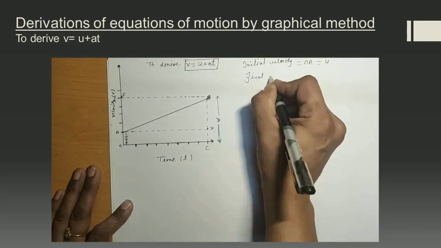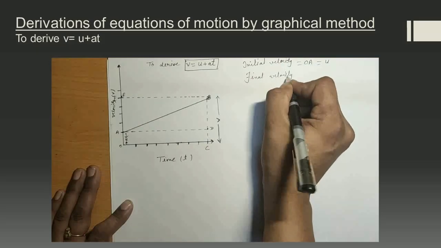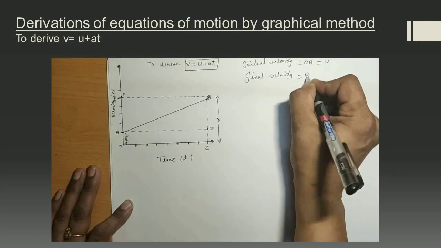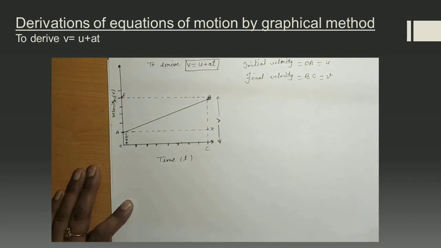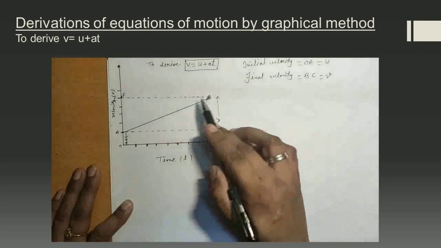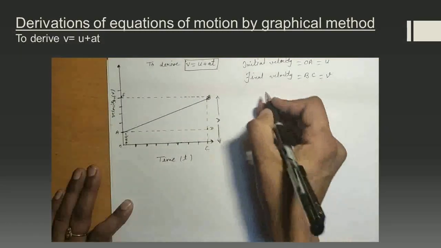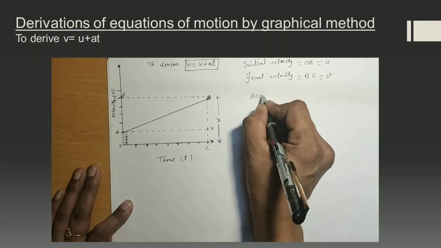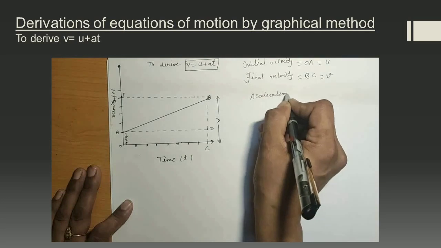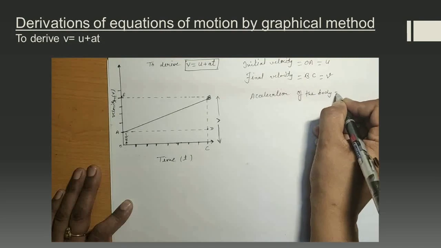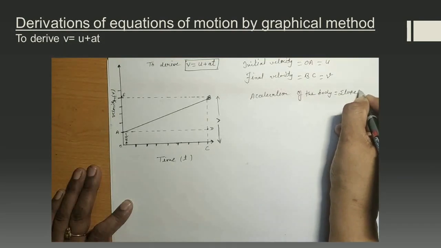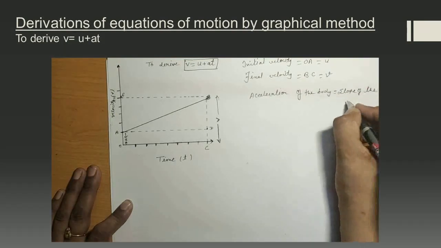The final velocity BC is equal to v. Actually, the velocity-time graph for a uniformly accelerated body is given by the straight line AB. So the acceleration of the body is equal to the slope of the line